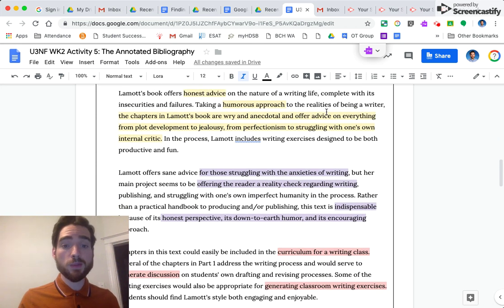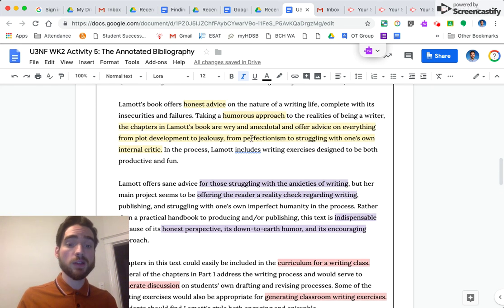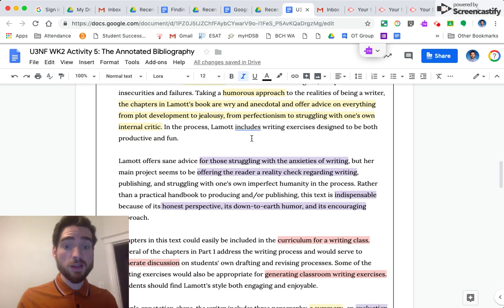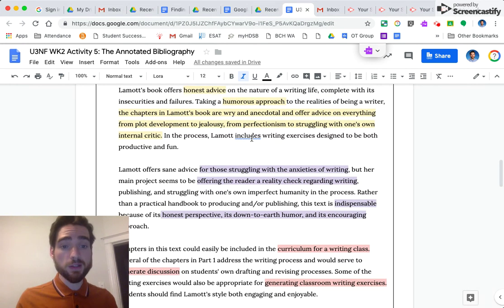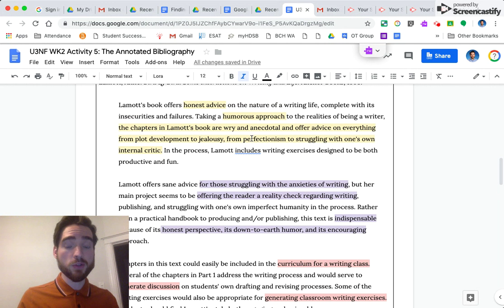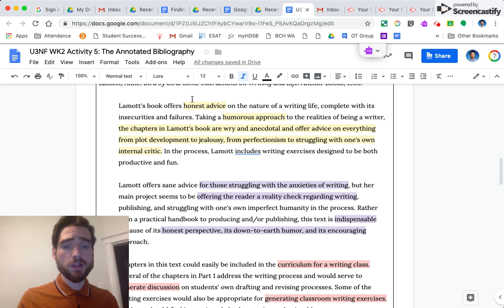This annotated bibliography example is divided into three paragraphs, one of them summarizing, another assessing, and the final one reflecting on how it fits into the bigger picture. I've highlighted some of the words that I thought were effective that show summary, assessment, or reflection. For example, in the first paragraph,